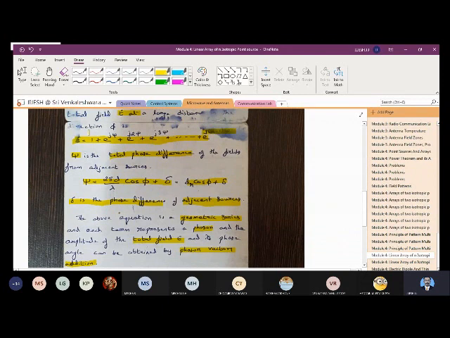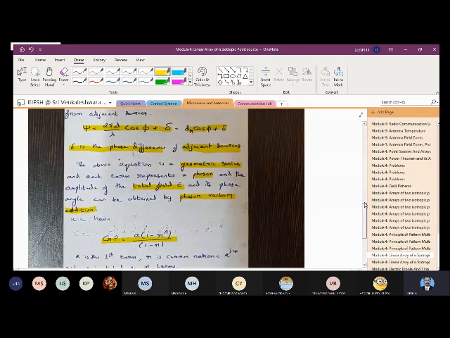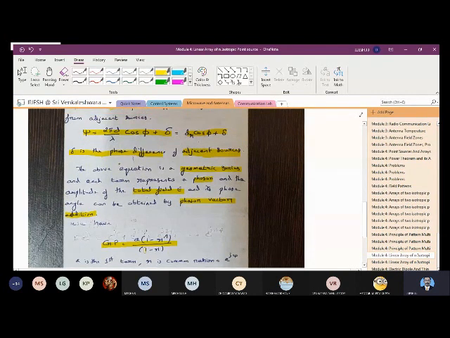So this is your equation for E, the total field at a large distance, and with the help of geometric progression you can find it out. GP can be represented as A into (1 minus R to the power of n) by (1 minus R). So what is A here? A is the first term. R is the common ratio, so what is R? It will be e to the power of j psi.